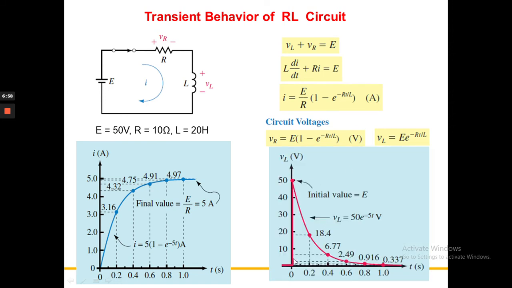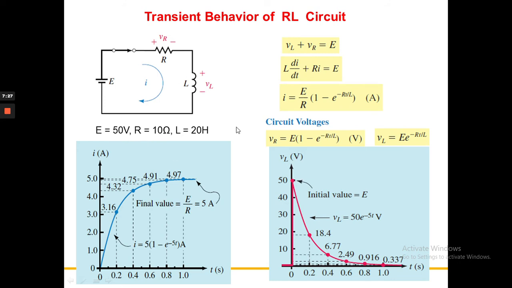This is because when you suddenly apply a DC voltage, the inductance acts as an open circuit, because the property of an inductance is that it always opposes a sudden change in current. You are applying a DC voltage suddenly, so it is going to act as an open circuit. So the voltage drop across the inductance will be the supply voltage itself. That is why it comes to be 50 volt.